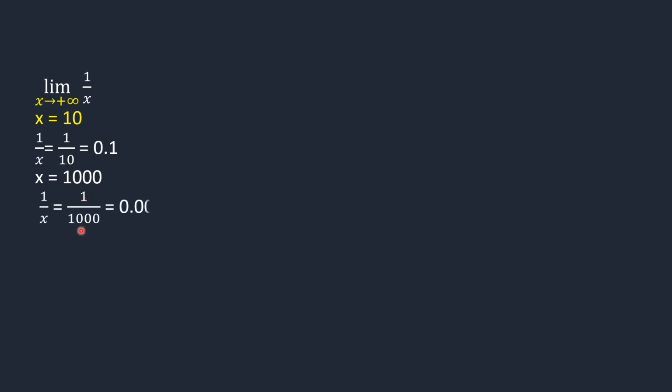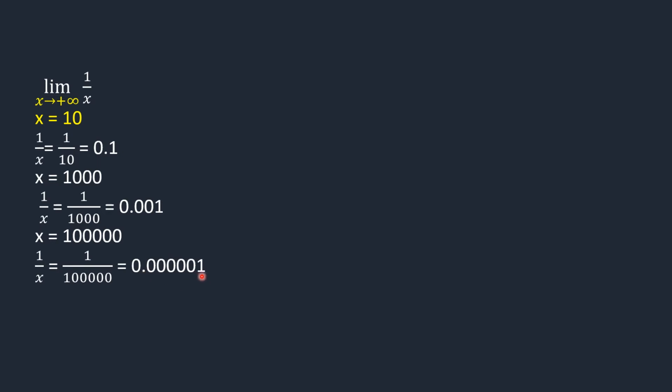Consider limit 1 over x as x approaches positive infinity. Let us assume x equals 10. So 1 over 10 will be 0.1. Let us increase the value of x and assume x to be 1000. So 1 over 1000 will be 0.001. Let us increase the value of x still further and make it 100,000. So 1 over 100,000 will be